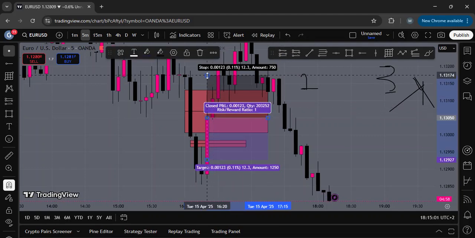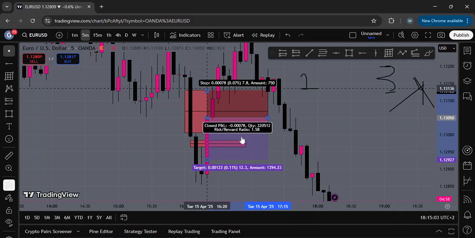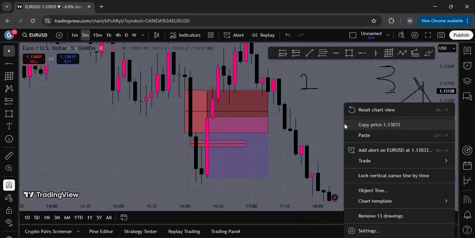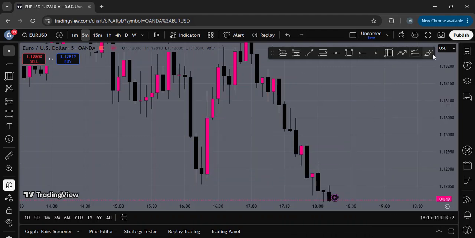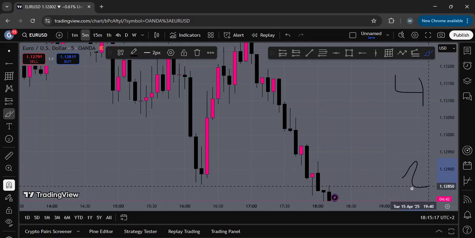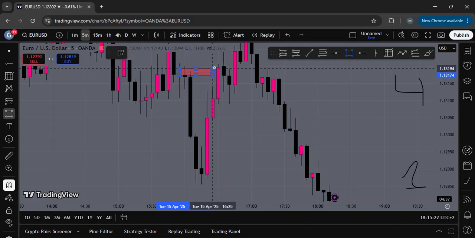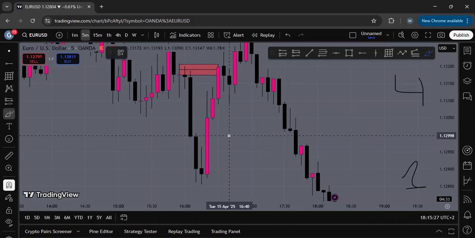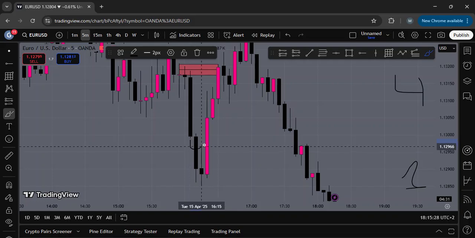You enter here, stops above your fair value gap, and you target the bottom. You take a loss. Okay, so now you've taken 1 real loss. So out of the 4 losses that you would have taken, you've taken 1 real loss. Okay, just one. And now we see we have the POI here. Do we get a reaction on the POI? No. So that means we've saved our loss in here, 1 loss in here. We've saved our loss in here.